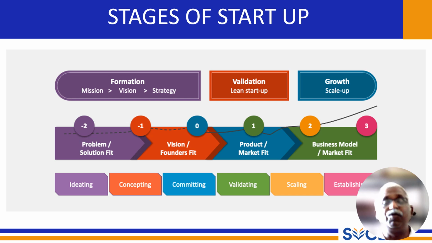After the final year, if you are going for business, particularly the startup journey, validation is very, very important. After validation, if it is commercially viable, we need to go for scale up. A young company we call a startup. In the last video lecture, we discussed the young company we call a startup company. After forming the startup, we go for scaling. That is why we developed this course, Startup Formation and Scalability. So these are the 6 stages: ideating, concepting, communicating, validating, scaling, and establishing.